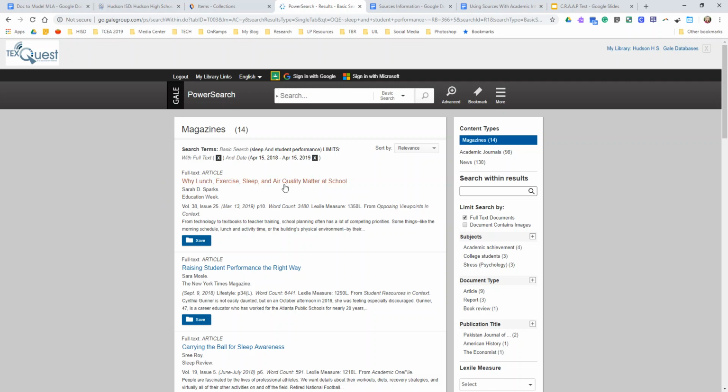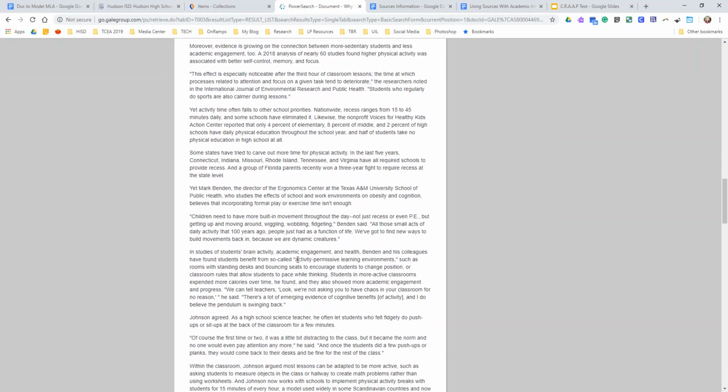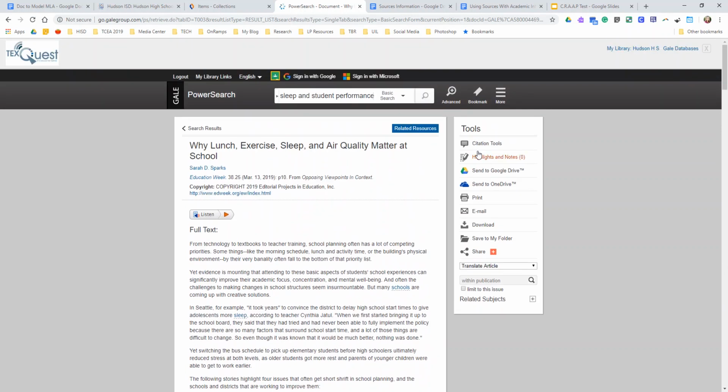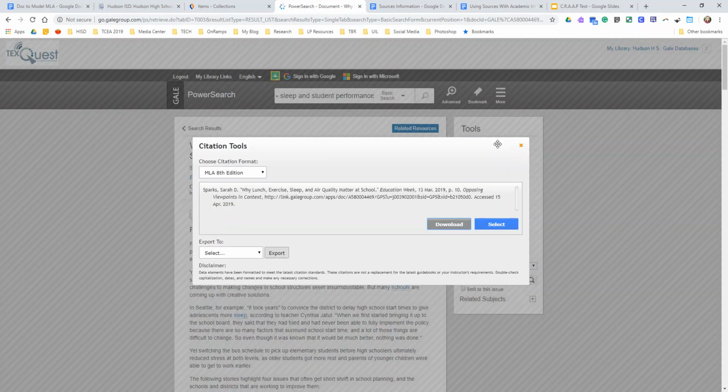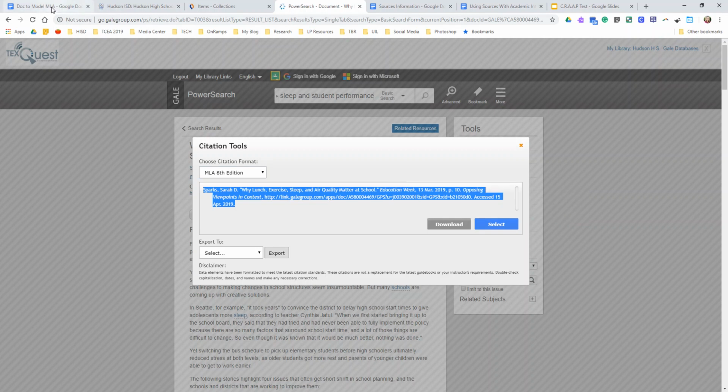Sounds like a great source. For the sake of time, I'm just going to pretend we are using that source. So you can see the full text of the source. That's one reason I love using our school databases. And then you can use the citation tool over here to pick the MLA 8th edition and select and copy that citation. I go back to my paper